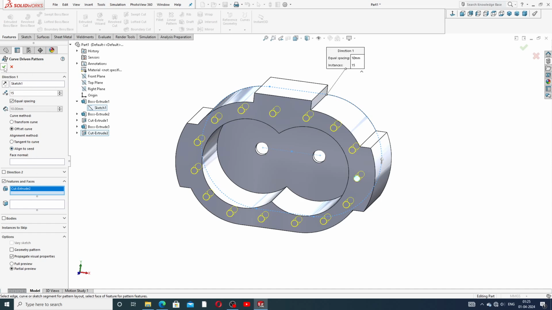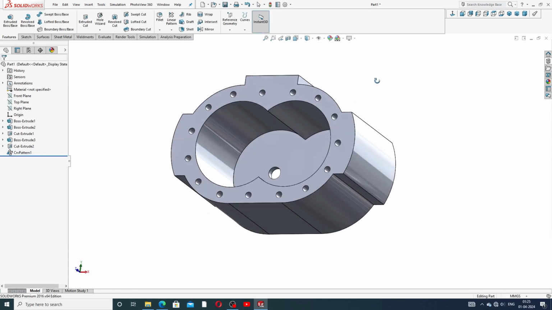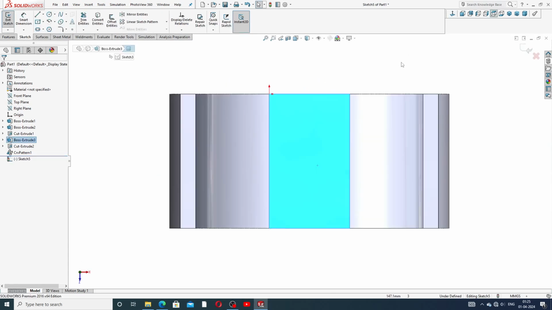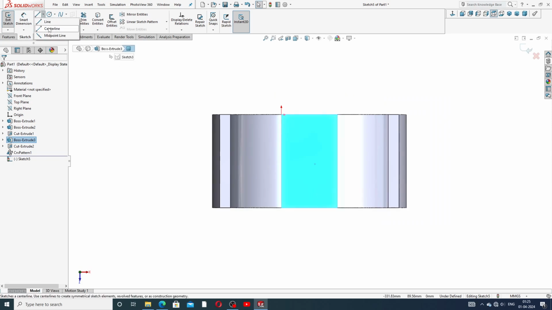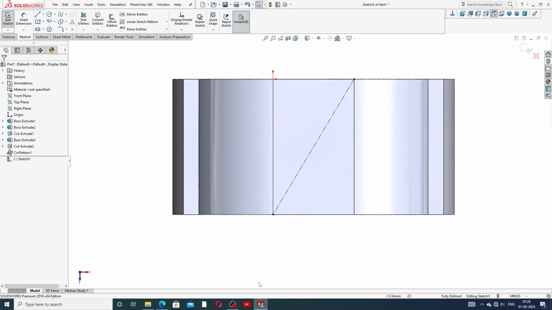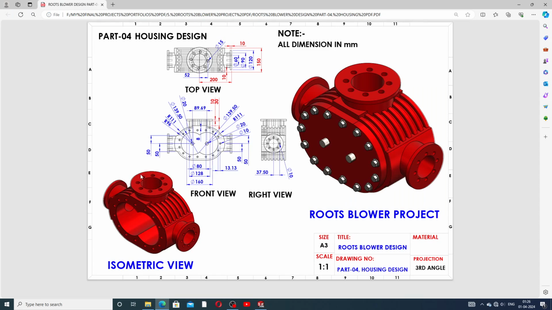All is perfect, and okay, this is very nice looking here, and select this face, sketch, normal, and drawing this, connect this point to this, because this line is very important, and select this part is created here, and this number of 8 circle is created here. Create here 8 circles, and this small circle diameter is 80 millimeter, and this bigger circle is 128 millimeter,